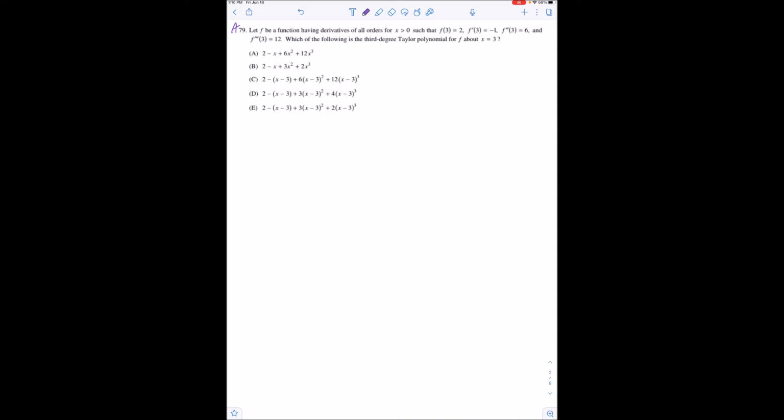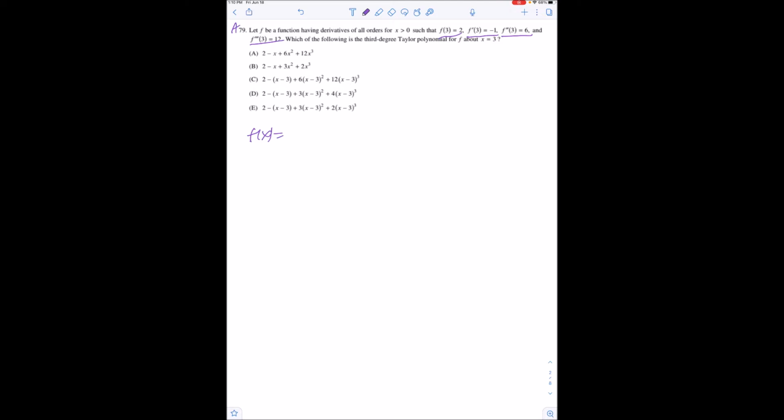This next one is A79. Let f be a function having derivatives of all orders for x greater than 0, so f of 3 is 2, f prime of 3 is -1, f double prime of 3 is 6, and f triple prime of 3 is 12. Which of the following is a third degree Taylor polynomial for f about x equals 3? Let's start by writing the